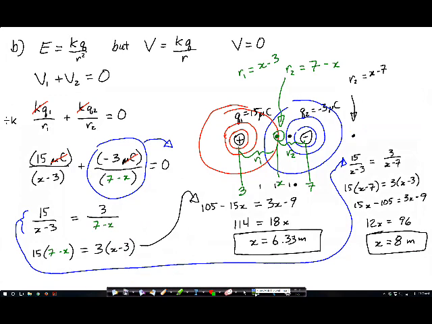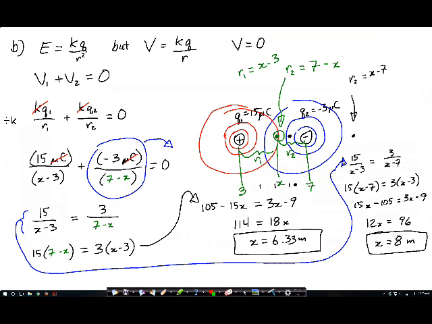So there are 2 different points. One is between the 2 at x equals 6.33, and another point is beyond. And I suspect there might even be a curve around Q2 above and below where even the y components cancel out. And that cannot happen for the electric field because of the different components, but it can happen for the,